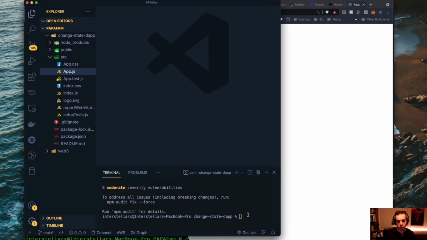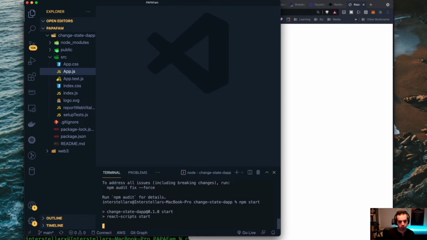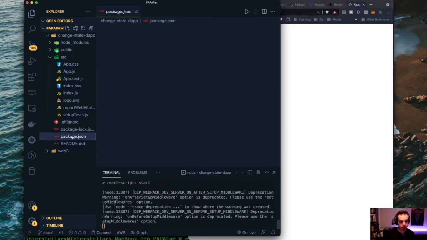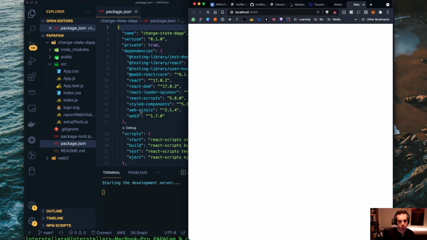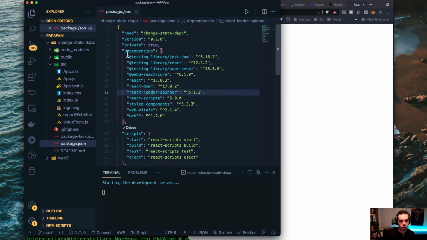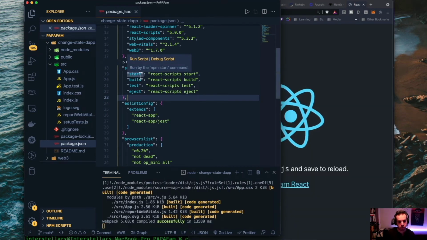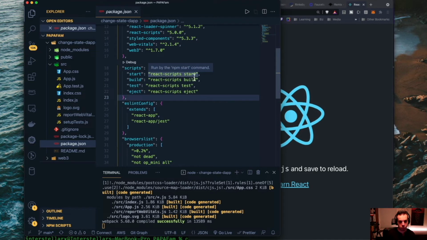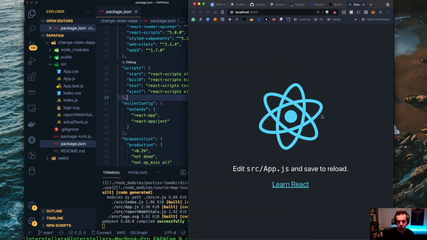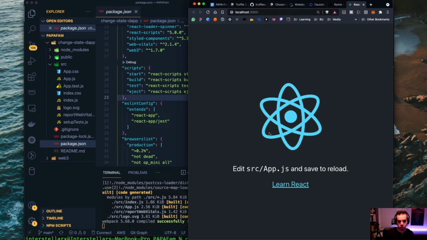Our modules are now installed into our application. So now what we're going to do is run npm start. This is the command that's going to allow our script to run. This is actually coming from the package.json file. Something with React is it will configure all of the dependencies in a JSON file called package.json. And then in the scripts, there's a start script, and you use that with npm, which is Node Package Manager. And that's how you get react-scripts start here. So that is what is starting up, and we're going to be good.